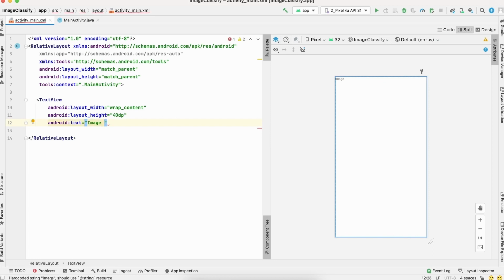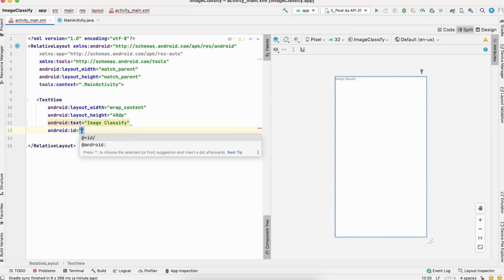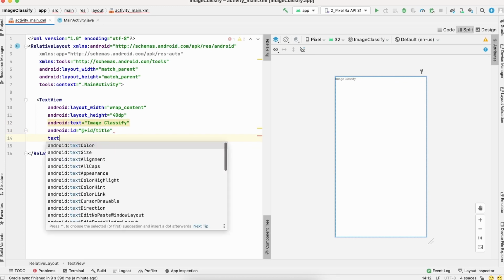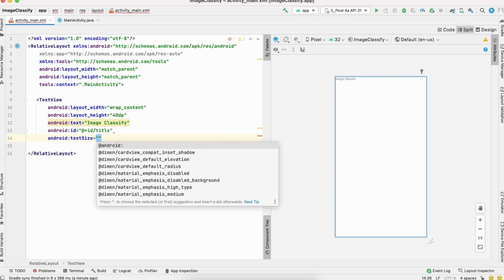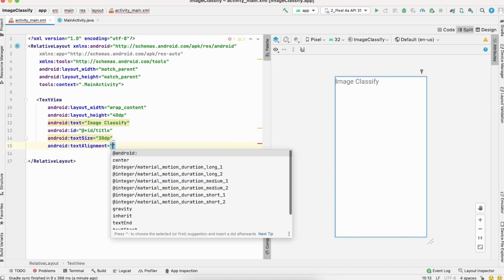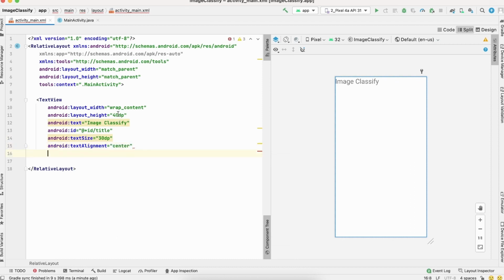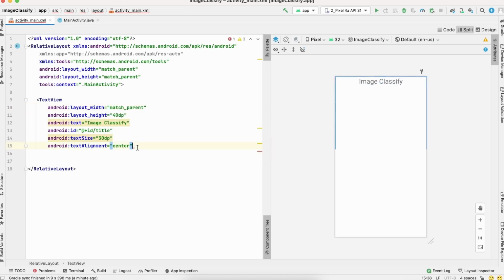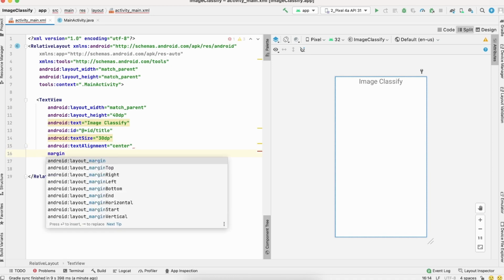So image classify, let's give this id as title. It will be useful later on, you will see where. And let's give a text size also real quick, of about, let's say 30 dp. That's it, looks good. Let's give text alignment as center. Right, it didn't work actually. We have to give width of match parent. Yeah, that's it. So it looks good over here, and let's give a margin top just a little bit, about